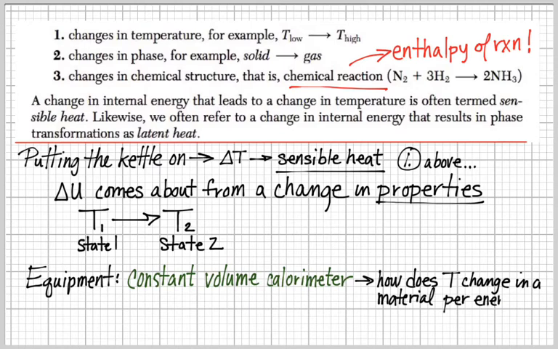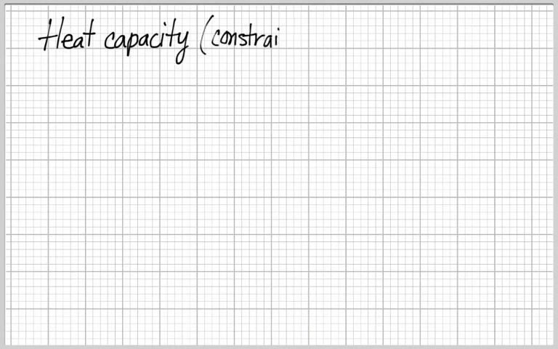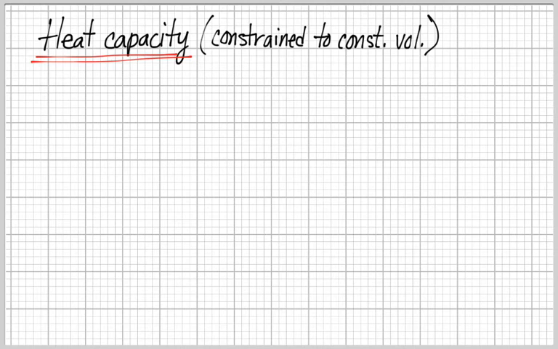What it does is it tells me how temperature changes inside of a material for a quantitative input of energy that I'm adding to the system or taking out of the system. So a calorimeter measures calories, excuse me, or it measures energy units, or it measures the temperature change per energy unit that we put in. And that leads us to talking about heat capacity. Sensible heat change, or the effect of the internal energy relative to sensible heat change, is described by heat capacity